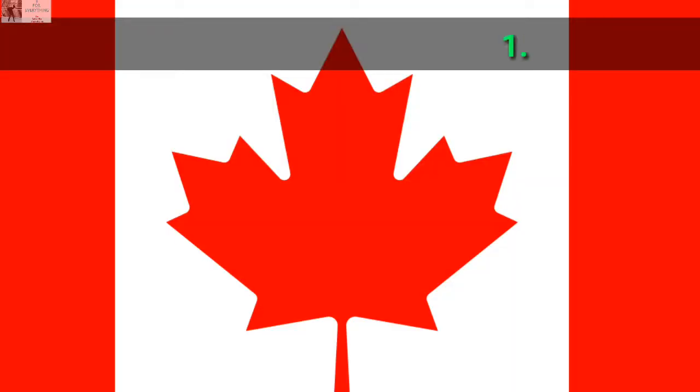Okay, so Canada Express Entry. I have divided this visa application into 7 different steps to make this application easier to understand. So let's have a look at those 7 steps, and these 7 steps are: